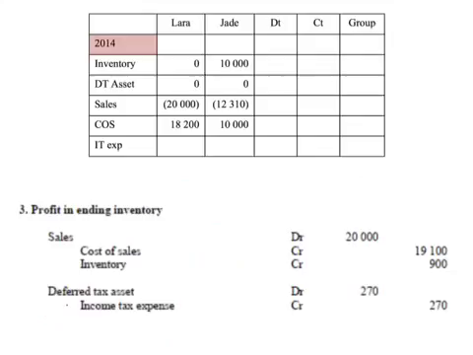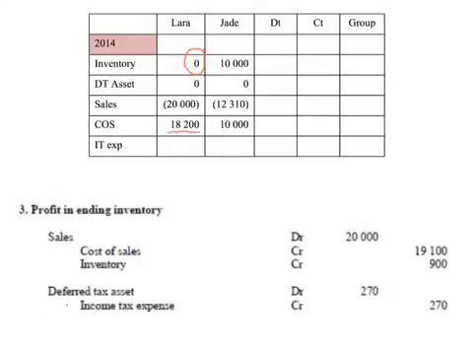Before looking at the actual adjustments, let's first of all just have a look at what is recorded in the accounting records of the individual companies. Now, Laura, being the parent company, they've recorded the sales transaction of selling the inventory to their subsidiary. So their inventory would, with regards to this specific transaction, show a balance of 0. They would have recorded sales of $20,000, and they would have recorded a cost of sales, which was the original cost of this inventory, of